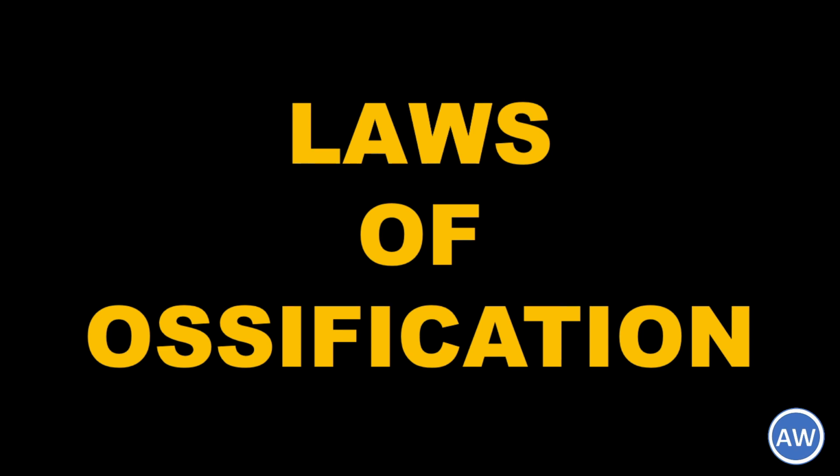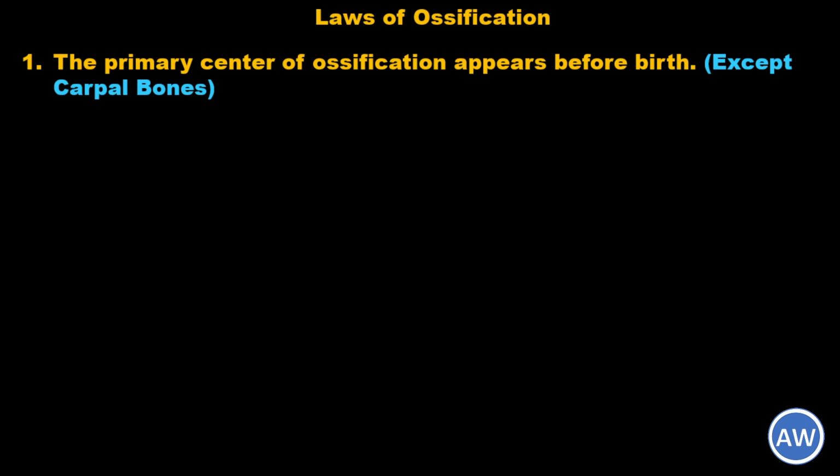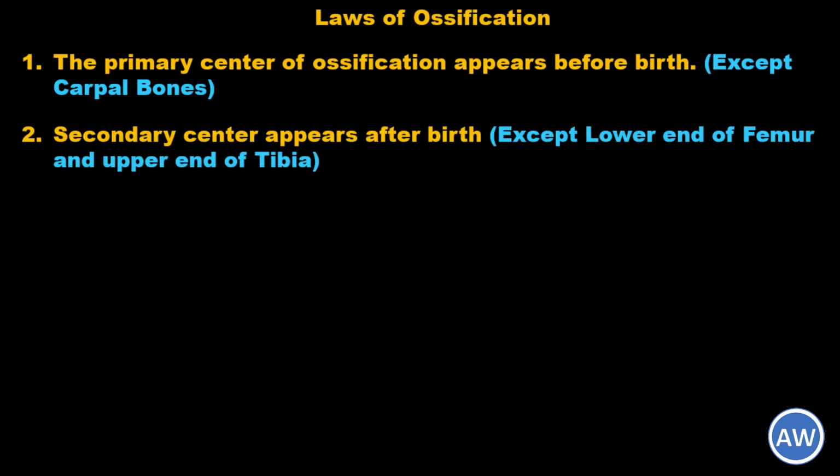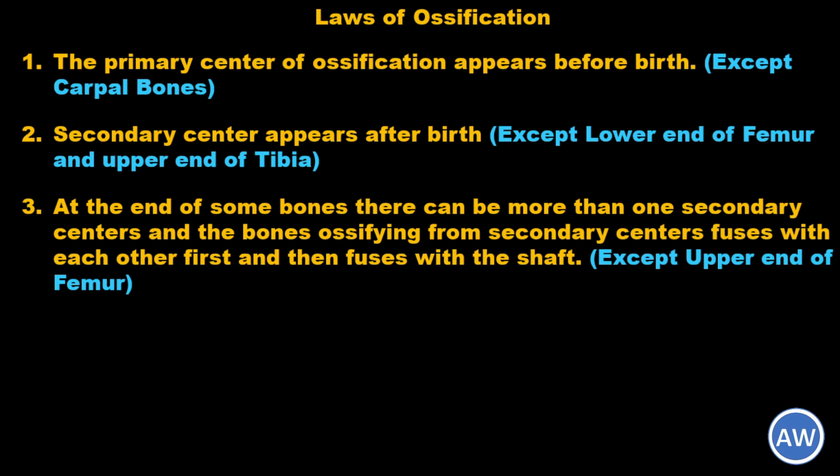Finally, let us learn about the laws of ossification. The laws of ossification are as follows. Number 1, the primary center of ossification appears before birth, except for the carpal bones. Number 2, the secondary center appears after birth, except for the lower end of femur and the upper end of tibia. Number 3, at the end of some bones, there can be more than one secondary centers, and the bones